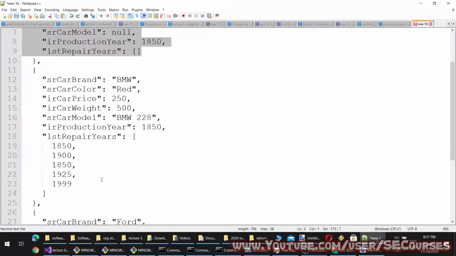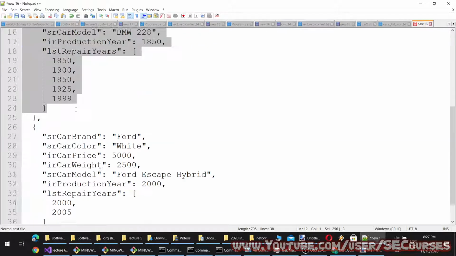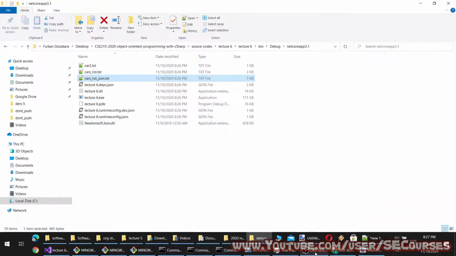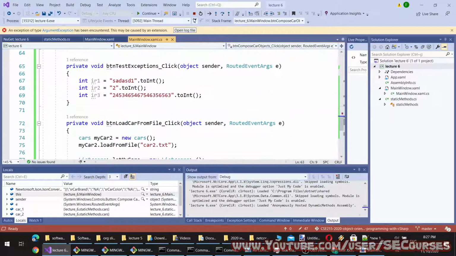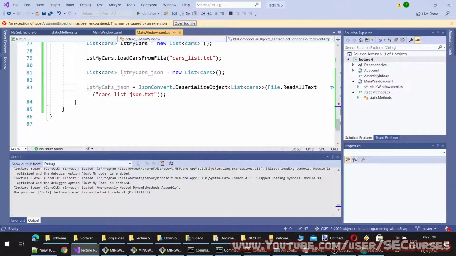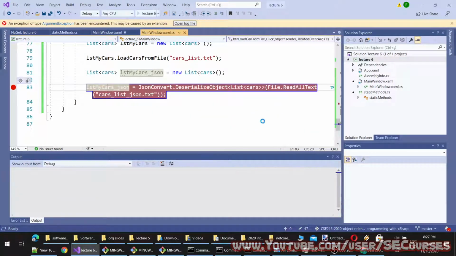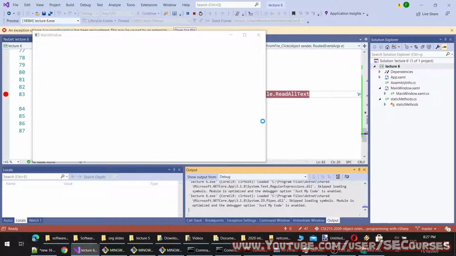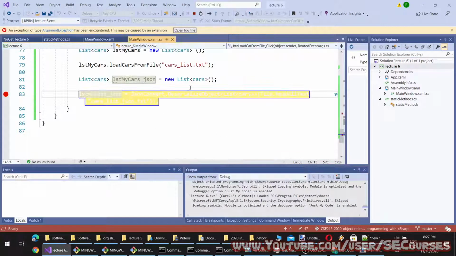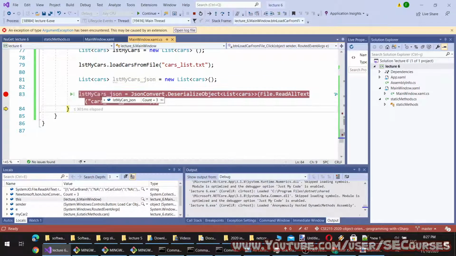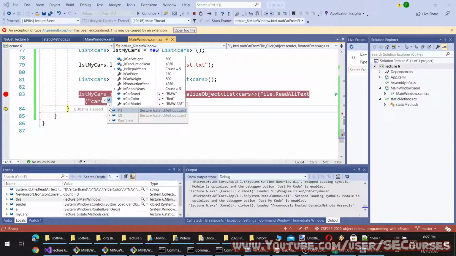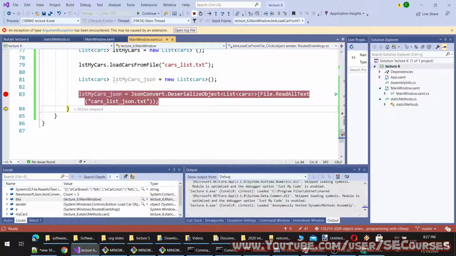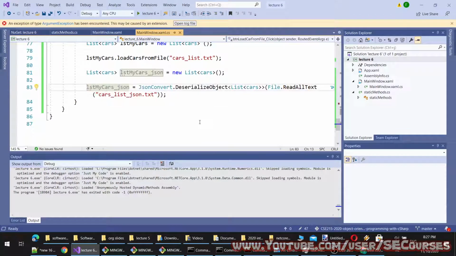You see, and like this and like this. Okay, and let's make load from file. Okay, and it is done. You see, this is the proper way of saving objects into a file and loading them from a file.